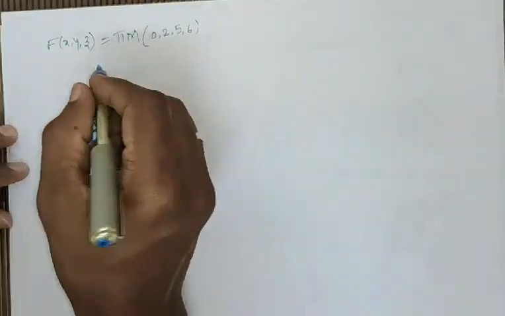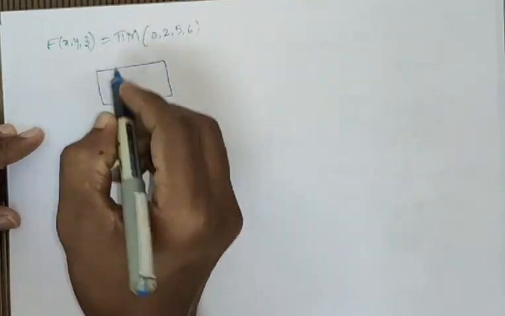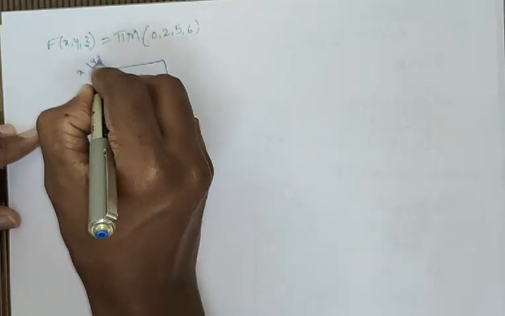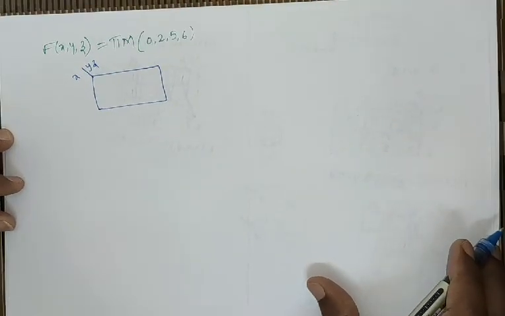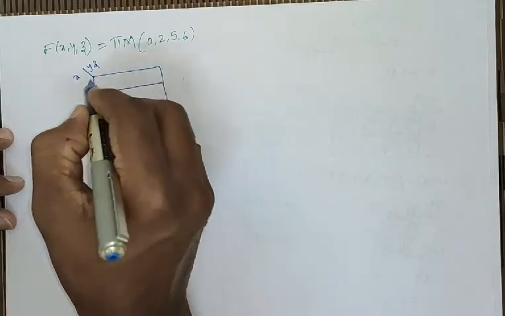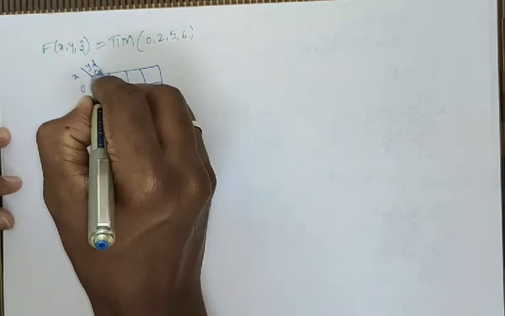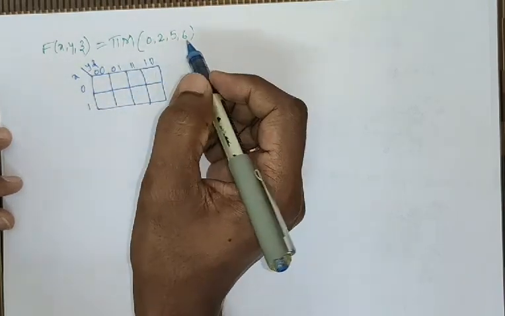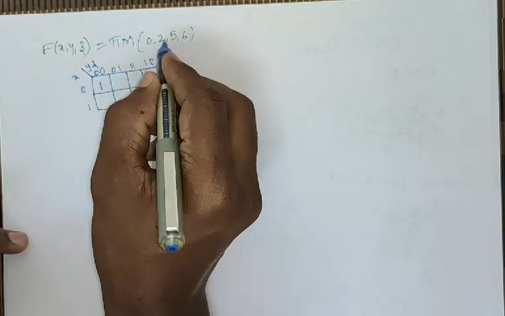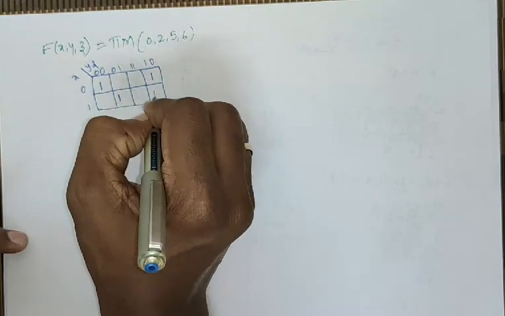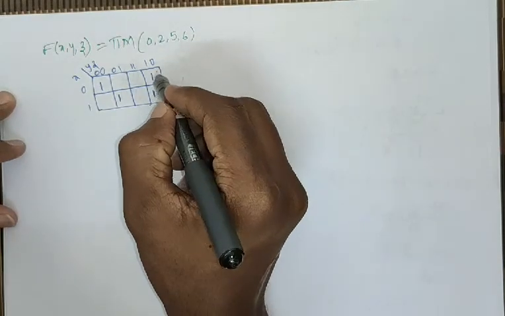Here we know the places of the terms, so the places and everything are the same. Only the function representation is different. SOP and POS function representation is different. The remaining is all the same, 0 and 1, so 00, 01, 11 and 10. Next, this is the 0th place, and next 2, 5, 6. The mapping method is the same.